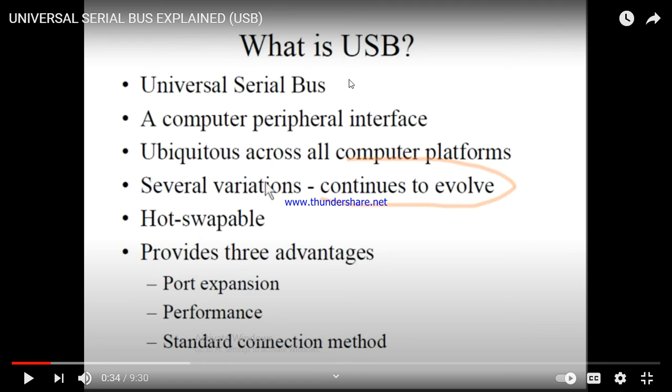USB 1.0, then USB 2.0, USB 3.0, then USB 4.0. There are different versions of USB available. Please check if you have a USB pen drive with you right now. Please check which version your USB has, whether it is 2.0 or 3.0 or 4.0. These versions tell about the data transmission capacity of that particular device. If it is 1.0, ultimately it is an earlier version, so it has a lower capacity for the transmission of data as compared to USB 3.0.